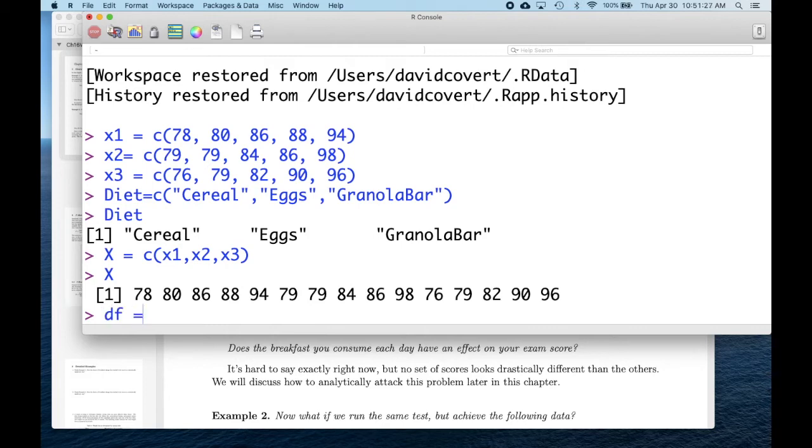And then what I want to do is look at this data frame of capital X. Then I want to repeat cereal 5 times, eggs 5 times, and granola bar 5 times so that this corresponds to the data. The way that I'm going to do that is I'm going to use the rep function, and let's actually call this